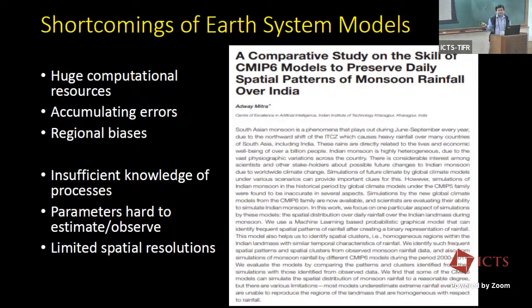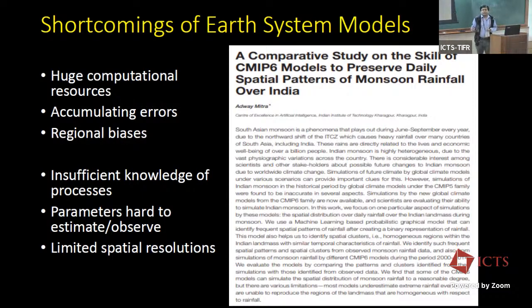As I said earlier, there are of course a large number of models in the CMIP6 family, and many of them make simulations of the worldwide climate in the past and the present, but they are not necessarily very accurate, and there are some phenomena which many of them represent quite well. For example, the El Nino Southern Oscillation cycle is represented quite well in most of the models. But then there may be more specific processes like the Indian monsoon, which may not be that well represented.